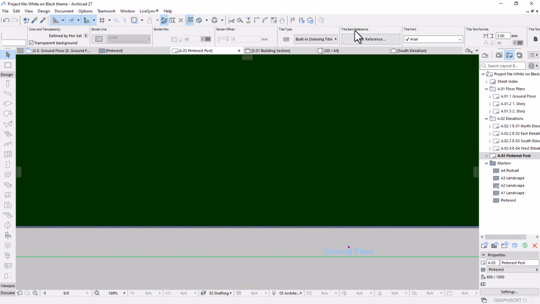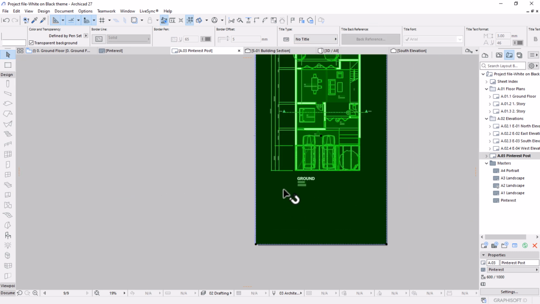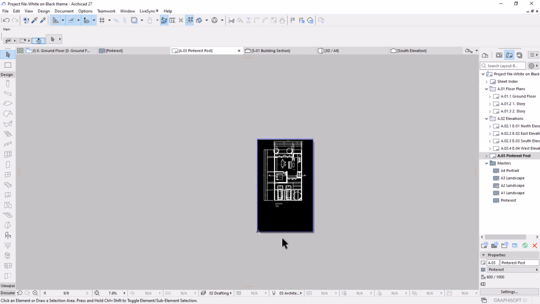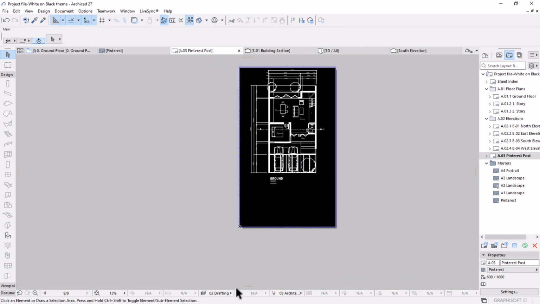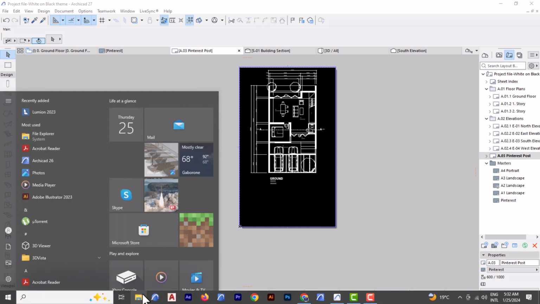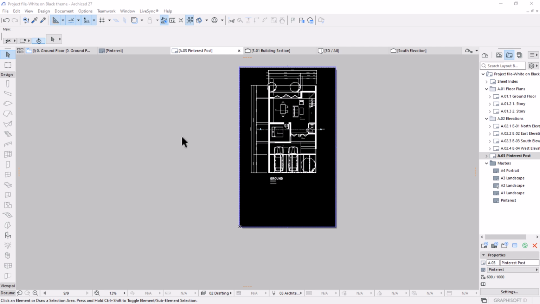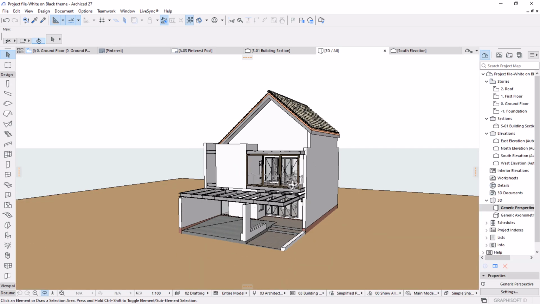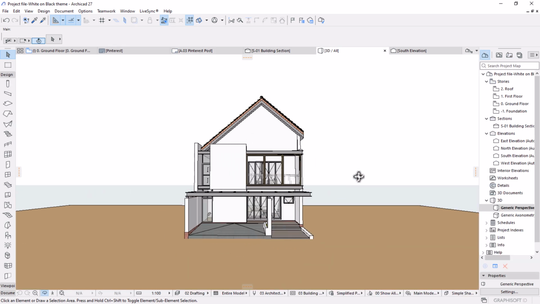Let's find the title type, make it no title, because we have a title here. That's what we are using. And then I'll go to my folder. Let's go to my folder and find the 3D render, or I can just drag an elevation here. Perfect. I can say, for example, I can do this. Let's find a perfect view like that, and then